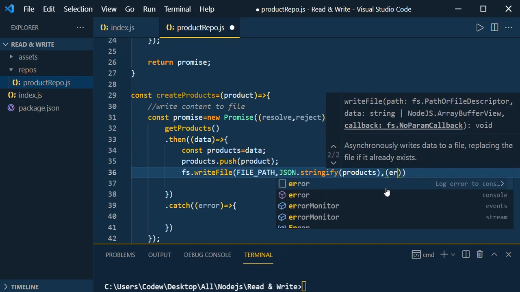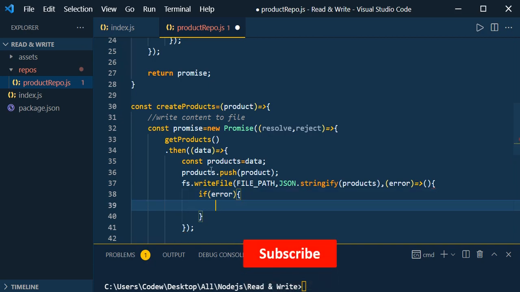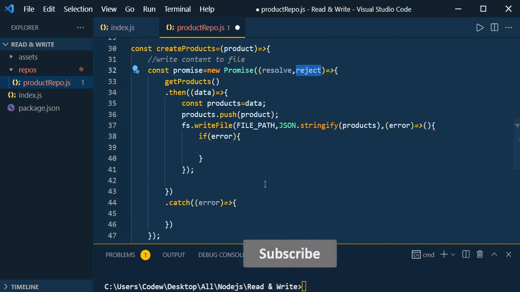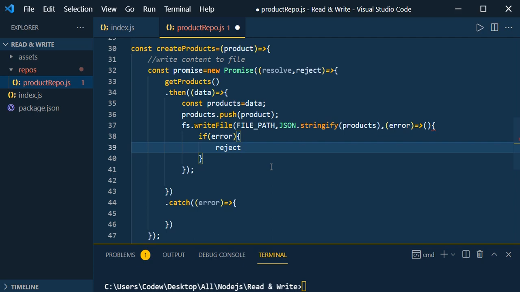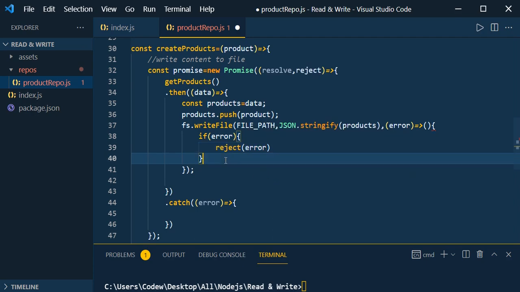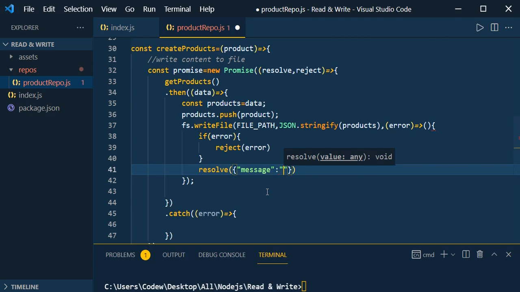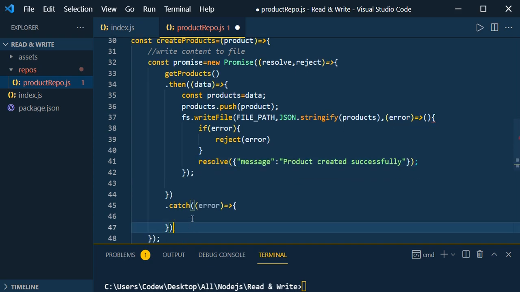So here mention error, if error, then what we need to do, we need to reject it. So use this reject and we are going to pass error, otherwise we are going to resolve it. So take the resolve, create an object, key message and value product created successfully, and here also in the catch block we are going to use this reject.